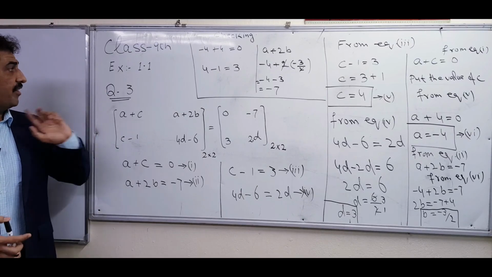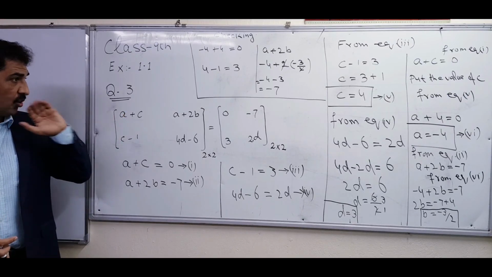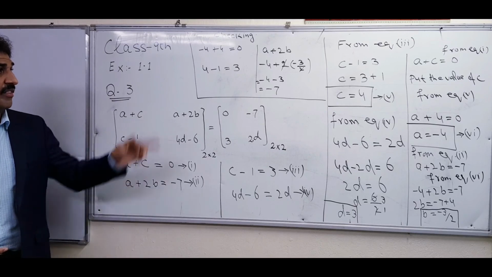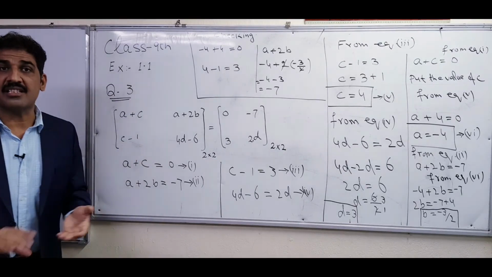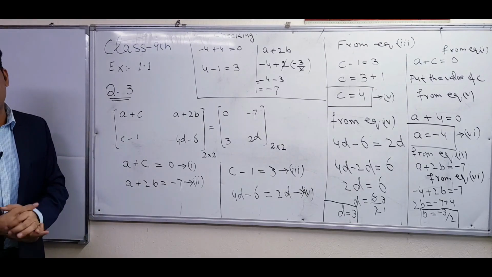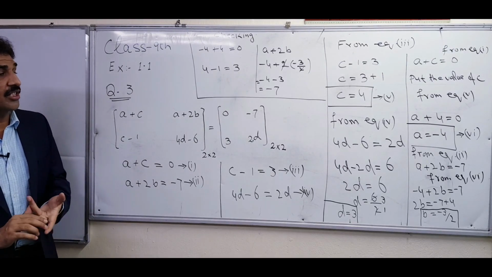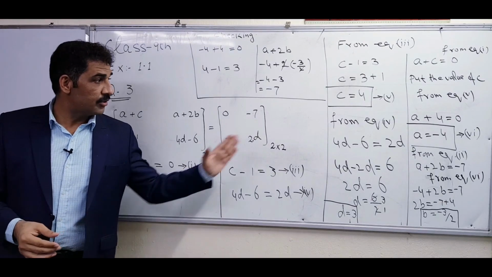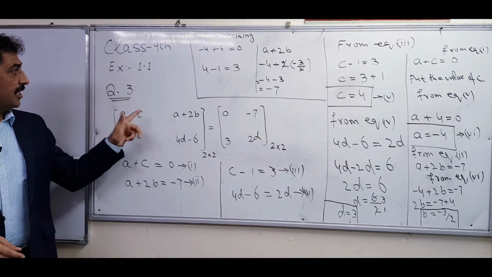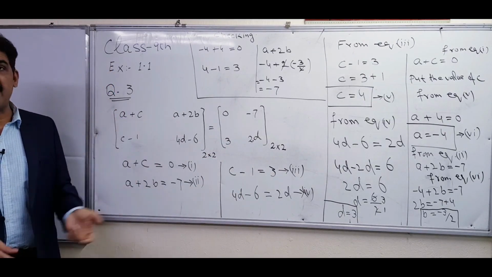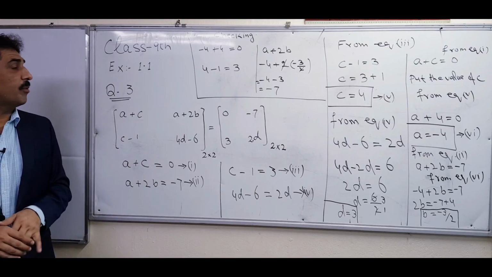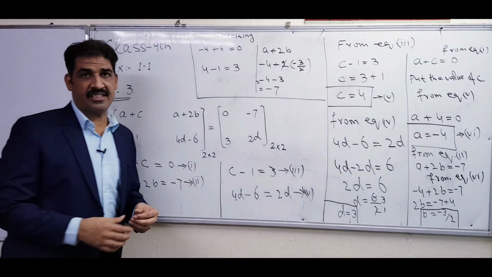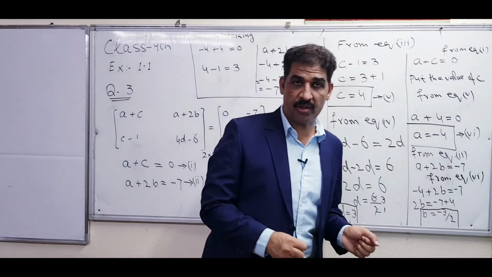In such a way, question number 3 of exercise 1.1 is complete, solved and also checked, right? Because when a question comes from this exercise of chapter number 1, it's a 4 marks question according to your board exams. So this question is complete, and in the reduced syllabus, that is the only one question which I explained here. Now the next question we will solve from exercise 1.2. In such a way our exercise 1.1 is finished. Okay, thank you.